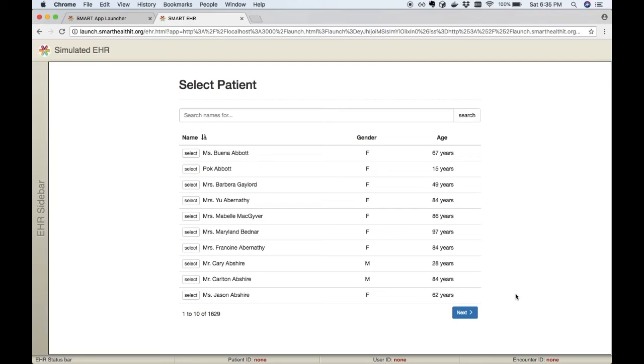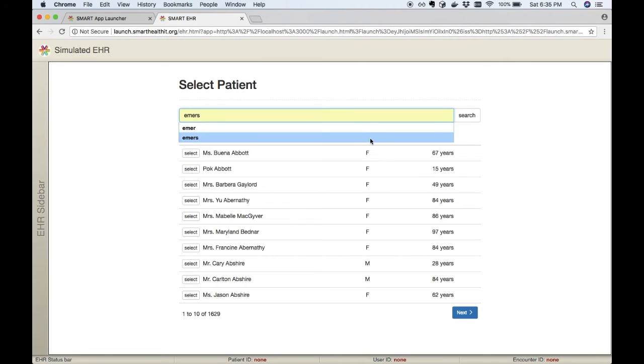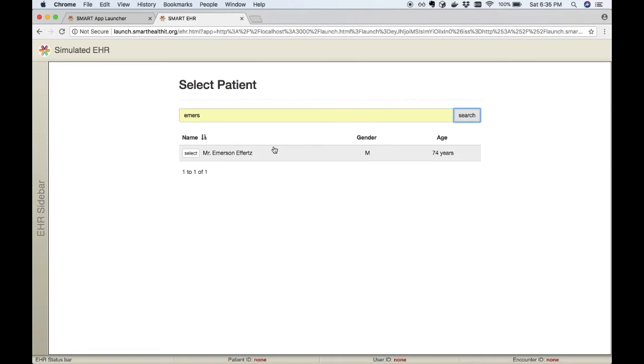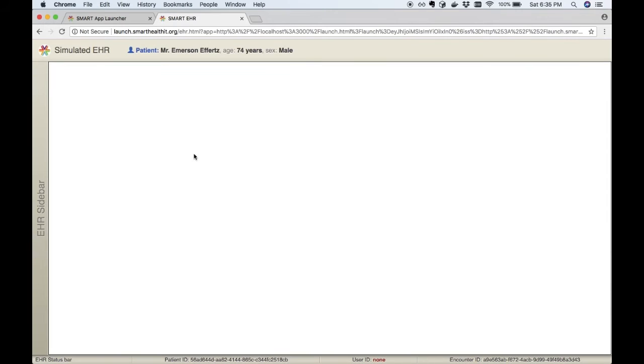Similar to the real-world scenario, a physician would have already been logged into her EMR and would need to pull up the records for the patient who is in front of her. In our case, we can try with our test patient, Emerson. Once the patient has been selected and our app loads within the context of the EHR and the patient,